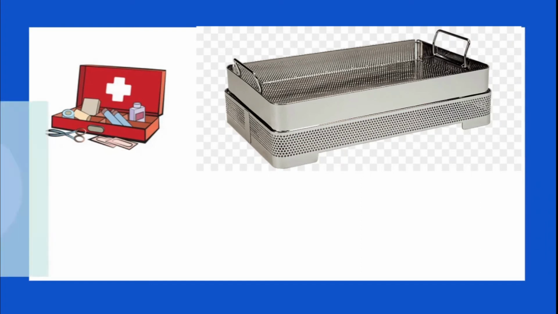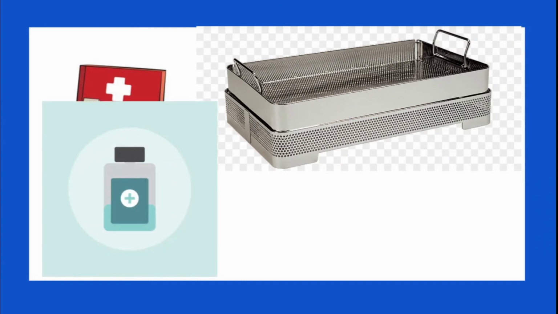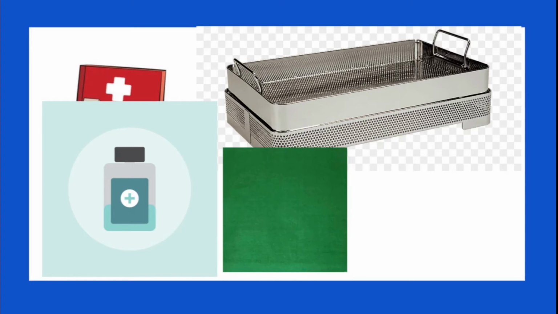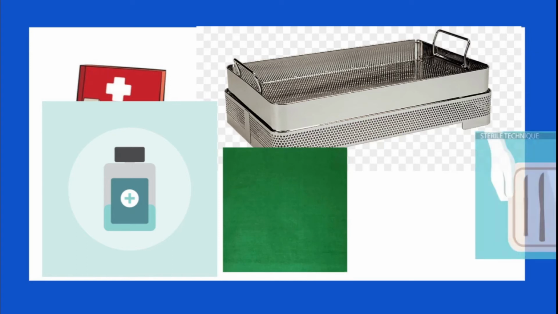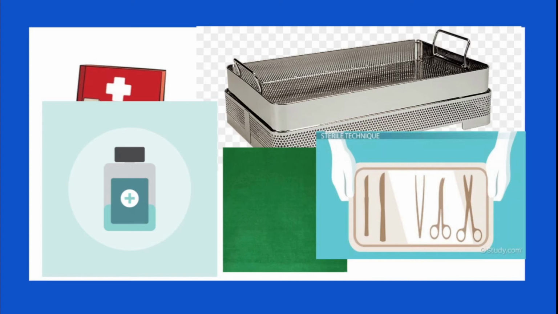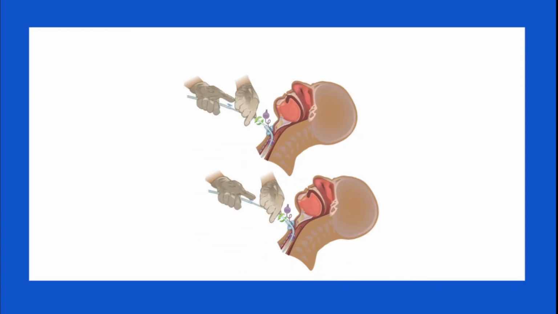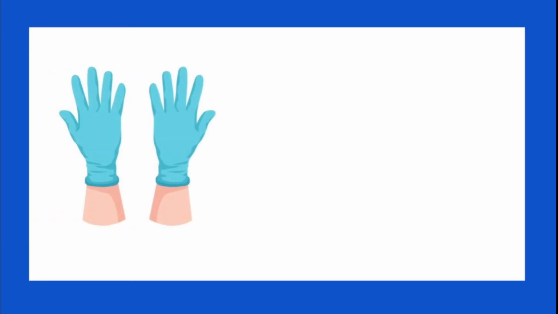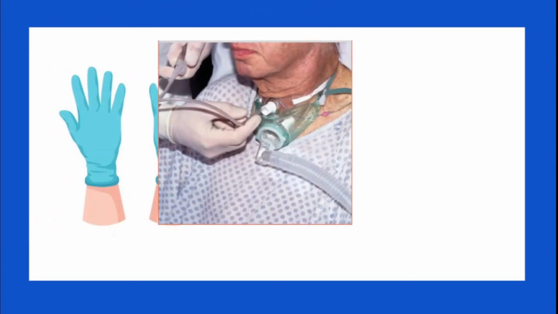Then you have to open the tracheostomy kit, or if there are any sterile basins, then you have to pour the soaking solution, that is the sterile normal saline, which I said in the previous slide. You have to establish sterile fields, and then other sterile supplies which include sterile applicators, suction kit, and tracheostomy. First you have to suction the tracheostomy if necessary. Then you have to put on a pair of clean gloves or sterile gloves. You have to suction the tracheostomy tube, and you should remove each and every secretion and ensure a patent airway.